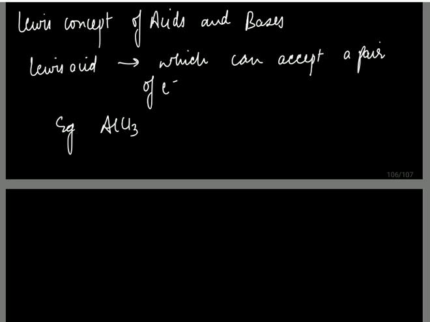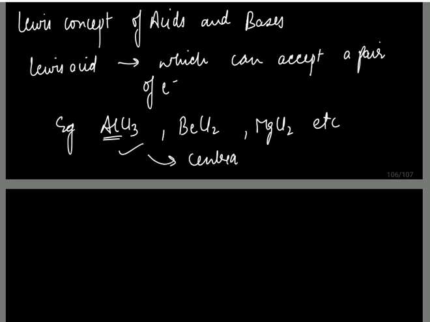Aluminium trichloride. Now most of the time we say aluminium trichloride is an ionic compound. No, it's not. It's a covalent molecule. So again, we can have a discussion later on. So over here, there are multiple molecules. Aluminium trichloride is there, beryllium dichloride is there, magnesium chloride is there. So there are multiple examples. Over here, the central atoms have